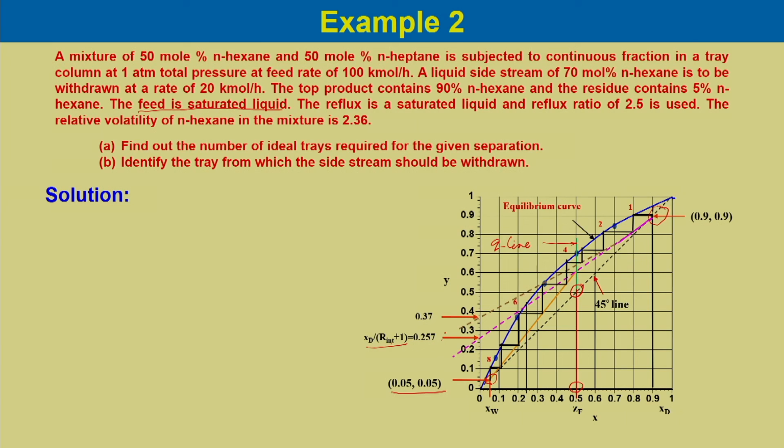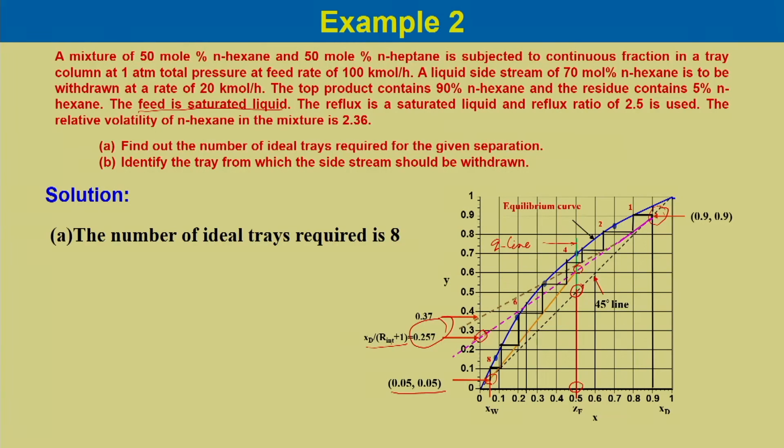and we can also calculate the xD by R plus 1, which is 0.257. With this intercept and the distillate condition over here, we can plot the operating line which will intersect the feed line at this location. And we know the stripping section operating line conditions. So, we draw the operating line in the rectifying section over here. This is how we calculated the stripping section operating line, and we connect over here.